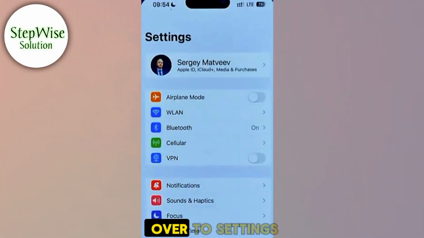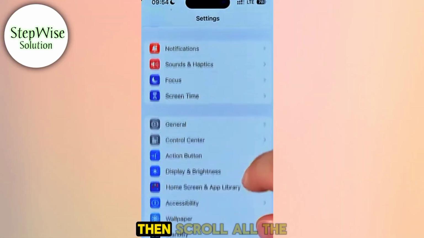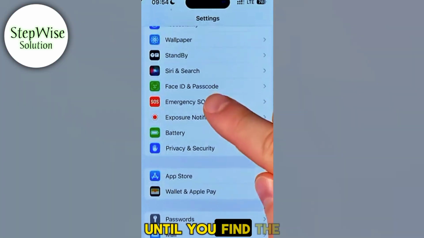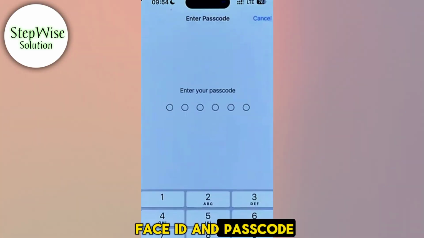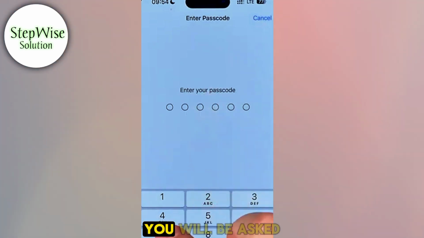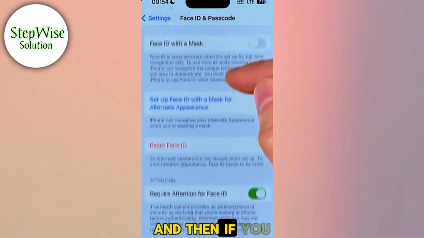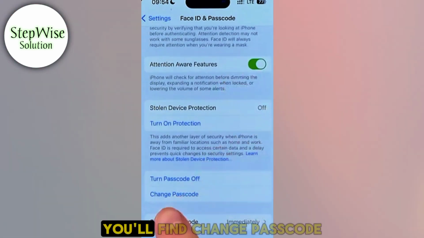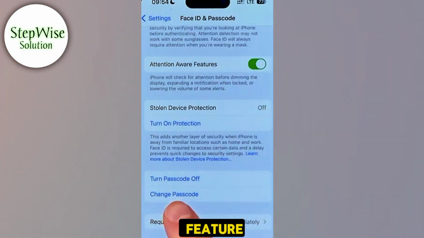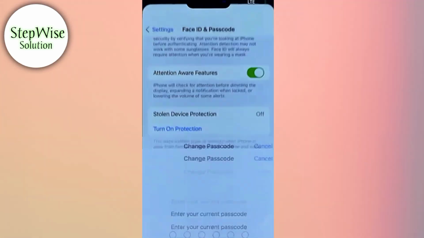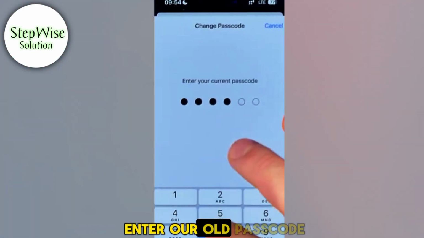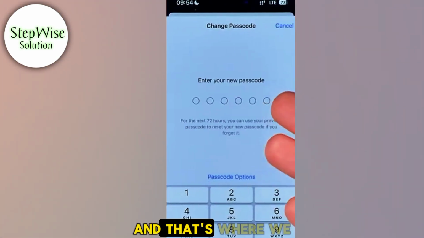To do that, head over to Settings. Then scroll all the way down until you find Face ID and Passcode. On that step, you will be asked to enter your current passcode. And then, if you scroll down, you'll find the Change Passcode feature. If you tap on it, we'll be asked to enter our old passcode, and that's where we need to enter